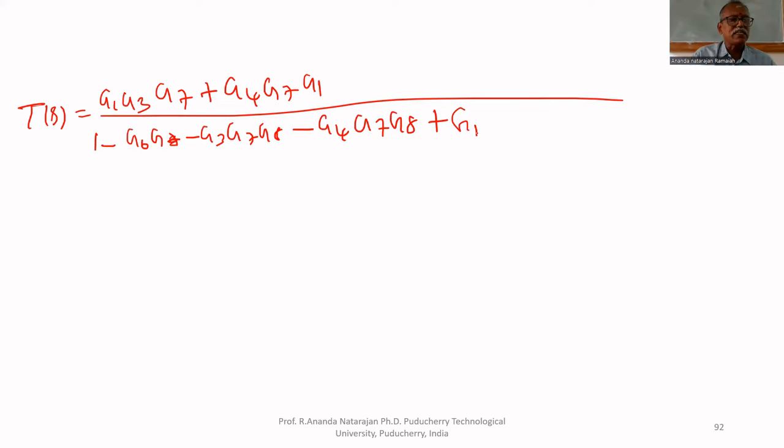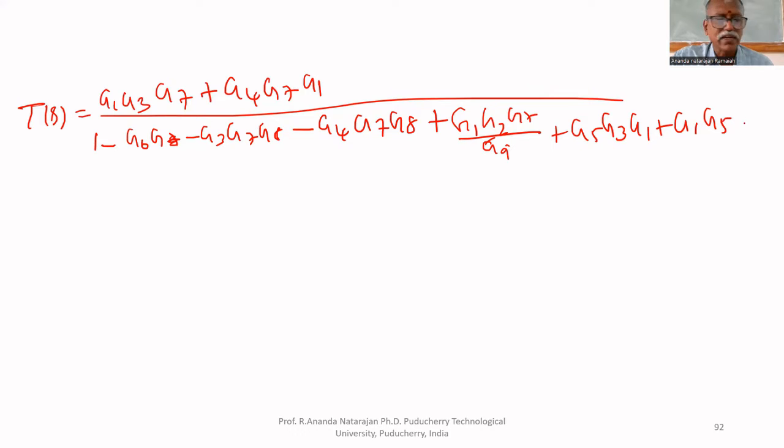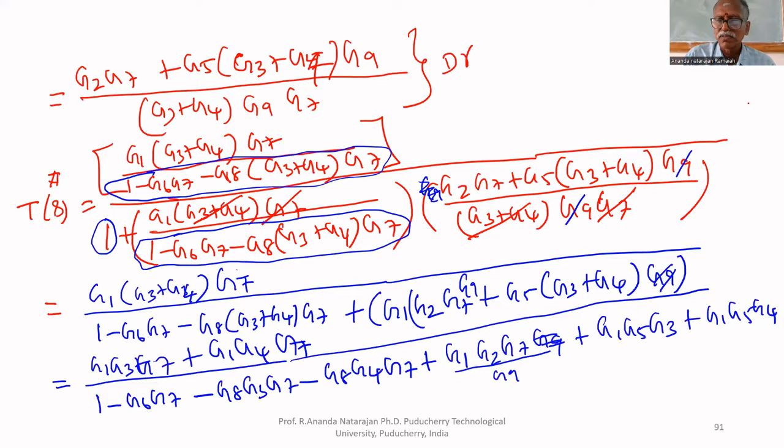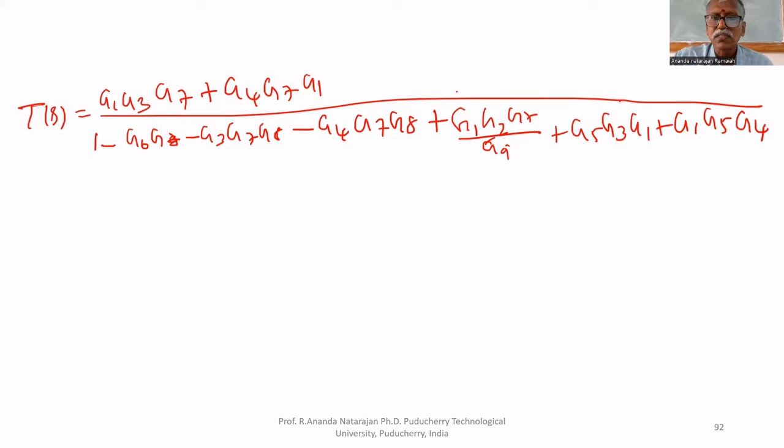I am going to substitute for G9. G9 equal to G7, G2 G7 upon, we'll write in one step here. Otherwise G5 G3 G1 plus G1 G5 G4. That is what we wrote here. Here G9, so this part, instead of G9,